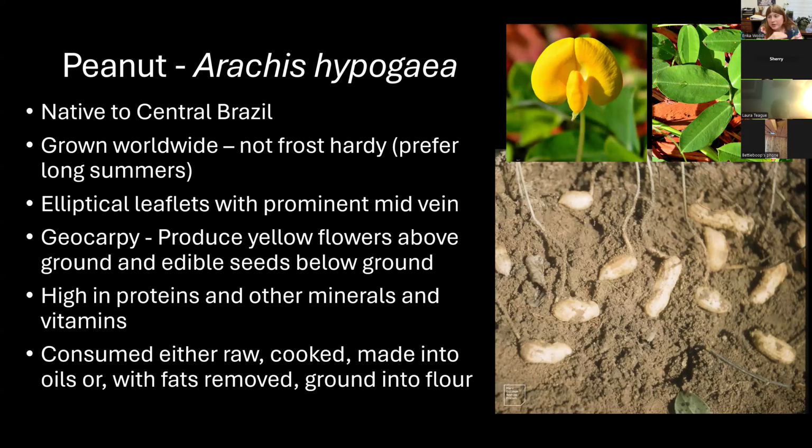But if you are trying to grow it, it also has the little leaflets. They have this prominent, lighter colored mid vein you can see in those top pictures. Really cool thing about peanuts, which you might guess, because it's really not producing its pod above ground. What's going on when we grow peanuts? The peanuts are actually below ground. So this is a phenomenon called geocarpy. And what geocarpy is, whenever it's producing those yellow flowers that you can see there,